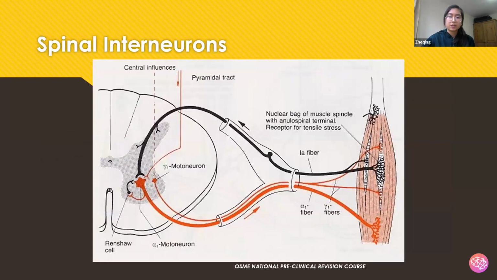And this diagram summarizes the different types of fibers that are involved in the muscle stretch reflex. But the part that I'm not going to talk too much in detail about is the interneurons, the inhibitory interneurons. There are three types of inhibitory interneurons: 1A, 1B, and ventral inhibitory neurons. I don't think you have to know them in detail. I don't remember learning them in detail,